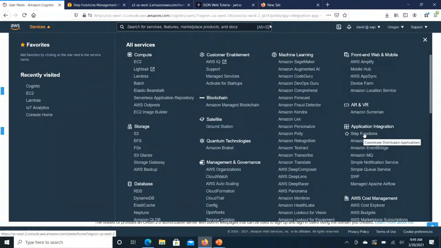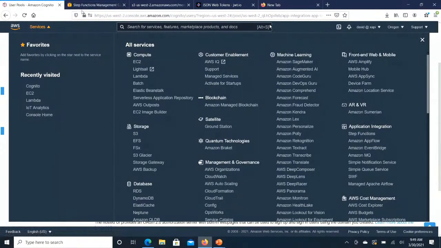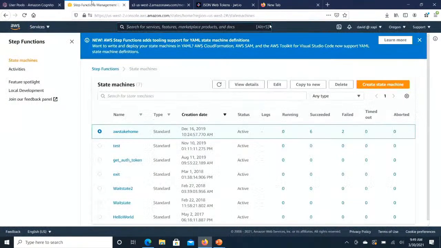The reason why is these things really only live for the life of your execution. So when you call a Lambda function, it's not going to save any data. It's basically going to fire off some code, it's going to do something, and then it's going to die, and it doesn't persist. So you really can't save state in a Lambda function, which is really why they created this service called Step Functions, Amazon Step Functions.